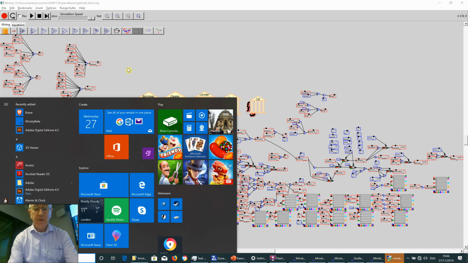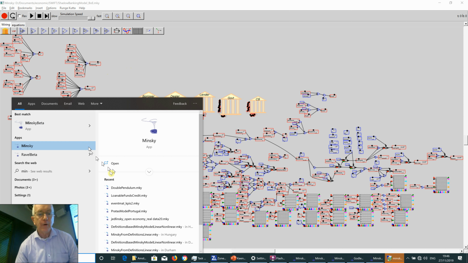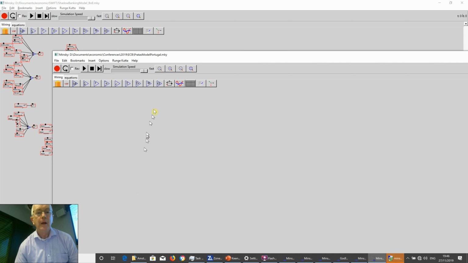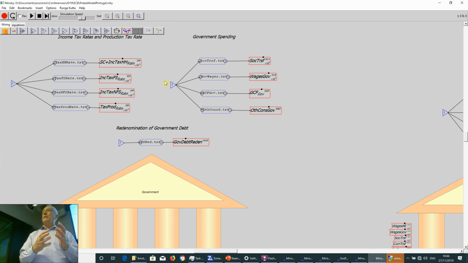And the other one is also one of my ex-students, now that I'm not teaching anymore. What do we have here? So I've got, here we go, beauty, that's the one I want. This is a model of the Portuguese economy. That's looking at it full scale, and what stuns me about this guy's work is that he started doing this 4 years ago. So out of the blue, a master student in Portugal sends me a copy of his model